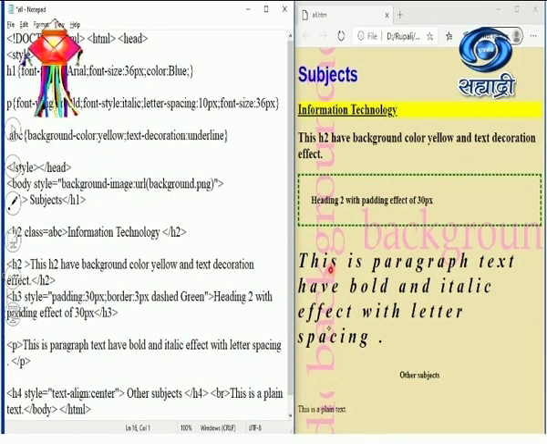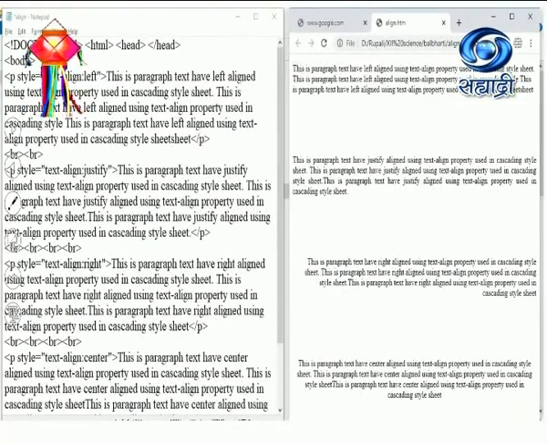So for the background image, observe this background has come because I have created one file having the name background.png and I have saved it in the same folder. So once I specify background-image and URL, I just mention the file name because it is in the same folder. So this way we can make use of various properties including the border, padding, and text-align for your web page. So let us go to the next slide, that is how to give the text alignment.